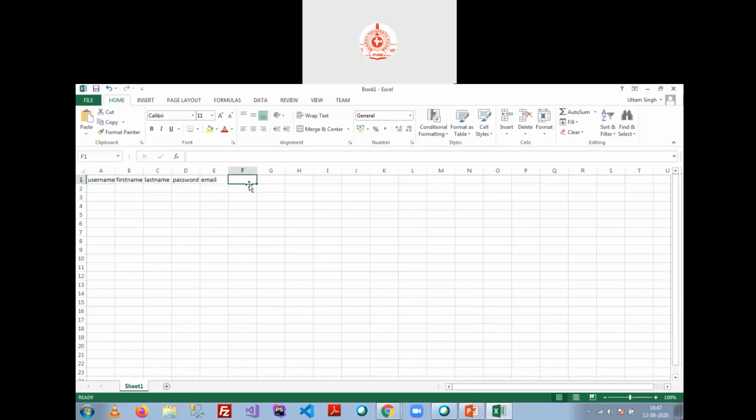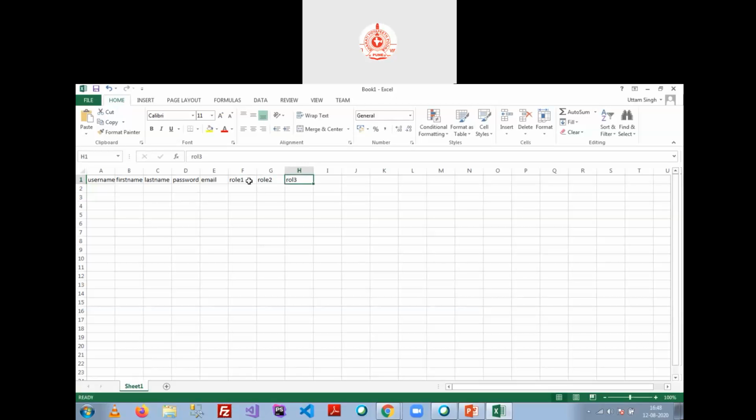But from here, what kind of role is the user going to get? That is role 1. If your participant has more than one role, I'm just going to define role 1, role 2, role 3 like this.